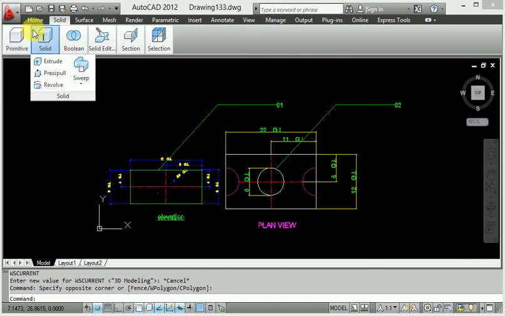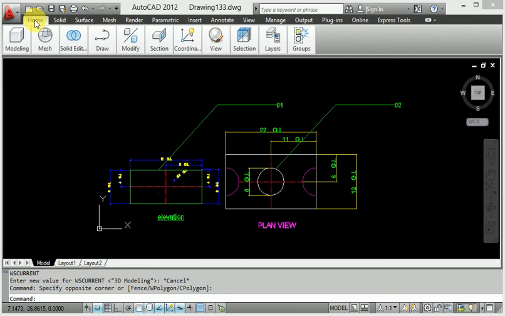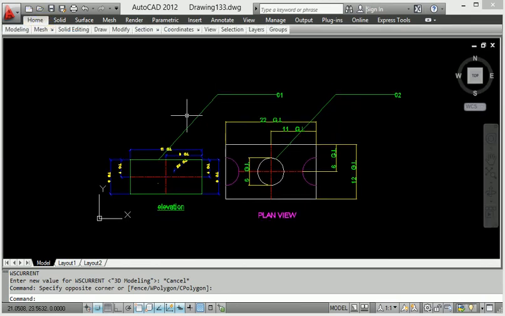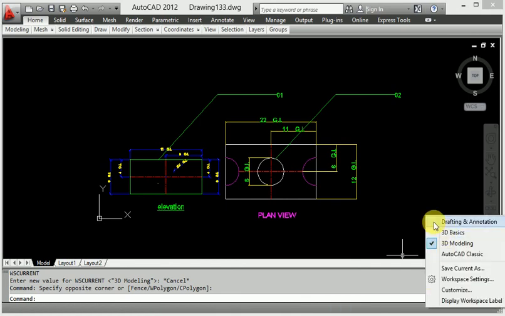So like that, according to the work in AutoCAD, switch the workspace for an easy way.